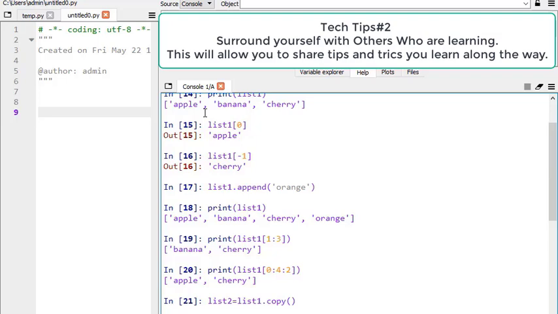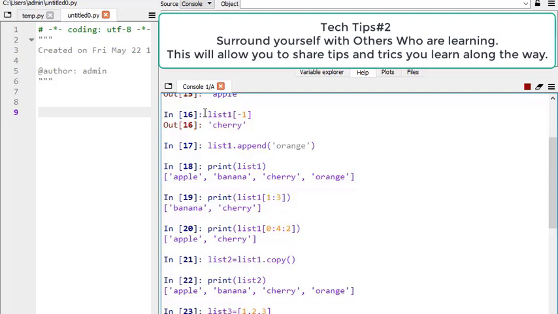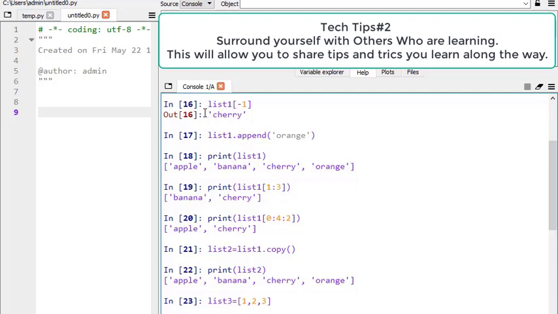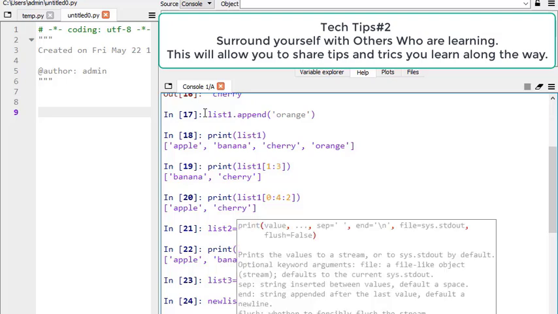Suppose you want to join two lists. Watch it carefully. We have list 1. We create a new list, list 3 equal to bracket 1 2 3. Then new list equal to list 1 plus list 3. Firstly list 1 is copied and after that list 3 is copied, which means list 1 is attached with list 3 and this whole list is copied into the new list.